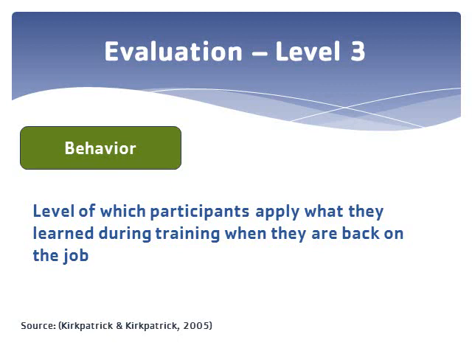The third phase of training evaluation process can be described as behavior, or the level to which participants apply what they learned in training when they're back on the job. The effectiveness of training can often be seen quickly if employee behavior changes after training, such as the ability to install a car battery effectively after being trained how to do so. If an employee does not apply the acquired knowledge, one can easily conclude that either the employee did not learn from the training or the training did not address the actual problem.